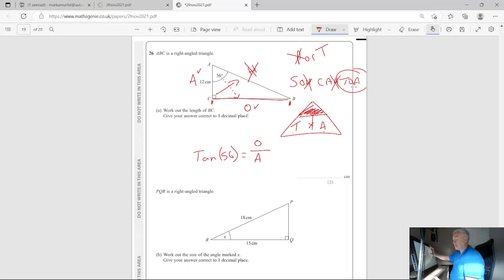If I cover the opposite up, I'm going to times tan 56 times the adjacent, because to remove that from there, times by A leaves me O on its own. So I'm going to do 12 times tan 56 equals. And that's what I'm going to put in my calculator. So 12 times tan 56. Remember to close your bracket when you put your tan in. And that gives me